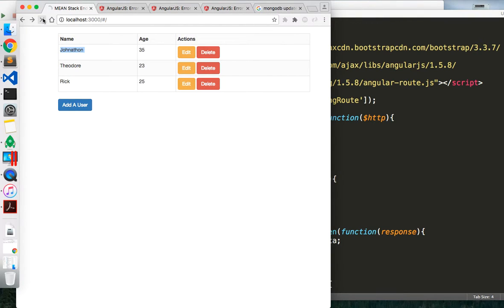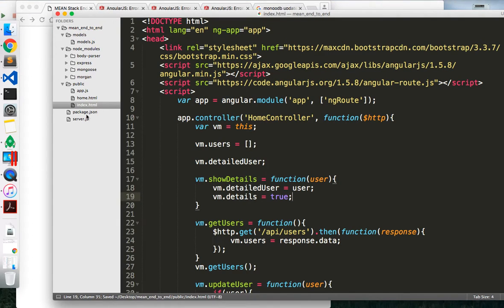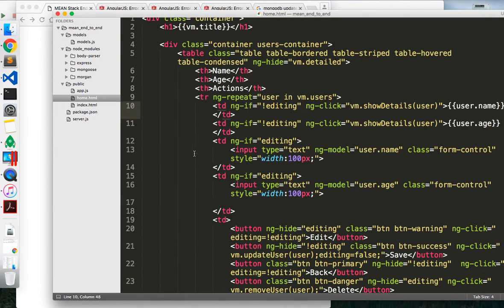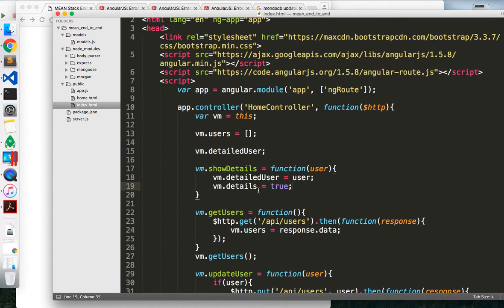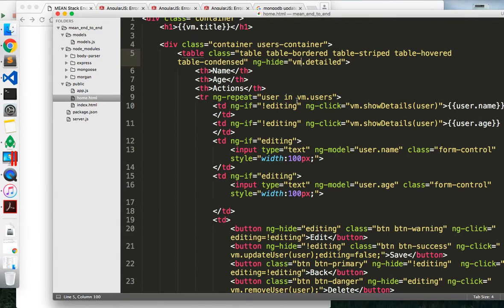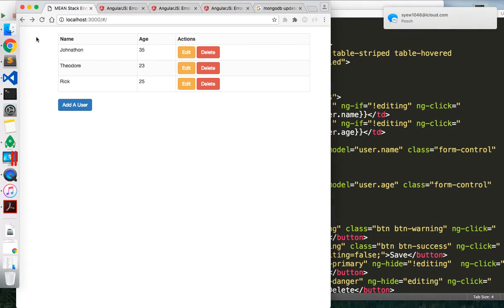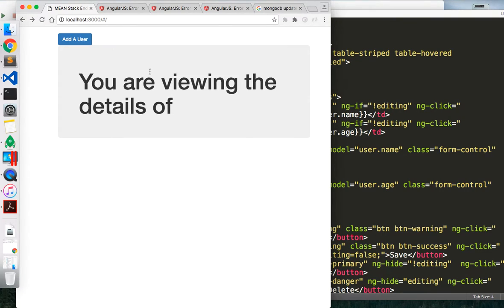So let's see if this works. Click here. No, it's not working. vm.showDetails user, and we're hiding this one. This is vm.detail. And then let me give this a cursor pointer so that I know to click on it for style. Cursor pointer. We'll add this to these two. Let me try this one more time. Click. There we go. You're viewing the details of